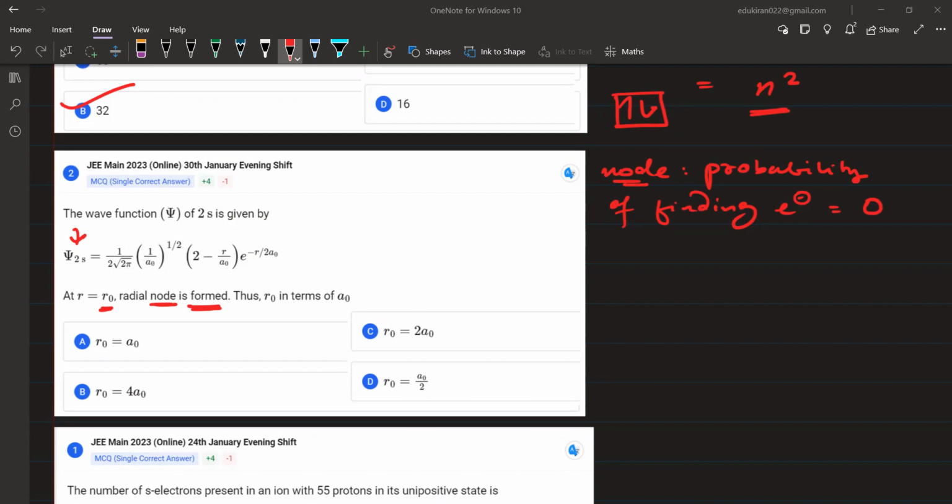अब यहाँ पे आपको क्या करना है? नहीं नहीं यहाँ पे देखिए ना, इतना समझ में आया। नोड इज व्हाट, द प्रोबेबिलिटी ऑफ फाइंडिंग इलेक्ट्रॉन इज 0। ठीक है, दैट मींस psi square will be 0, therefore psi will also be equal to 0। Okay, now you need to plug in the value 0 here।